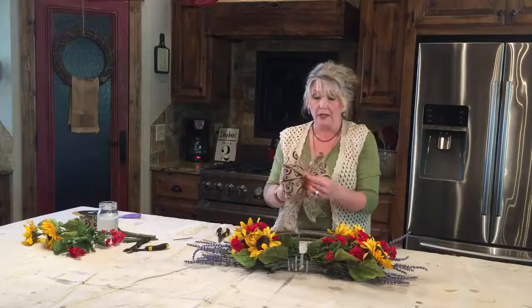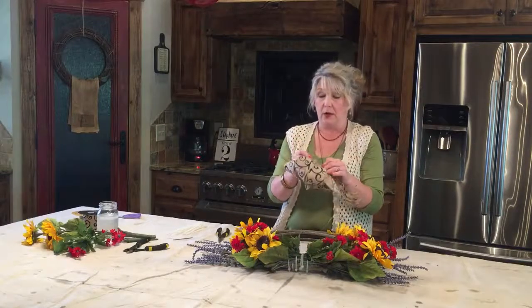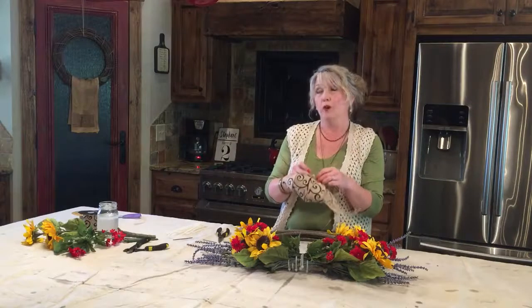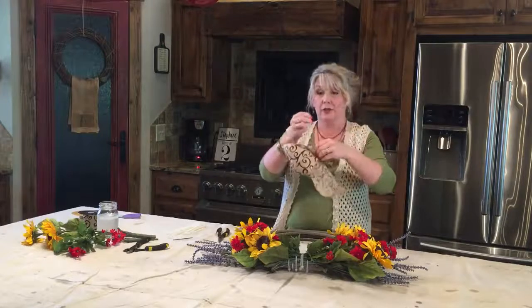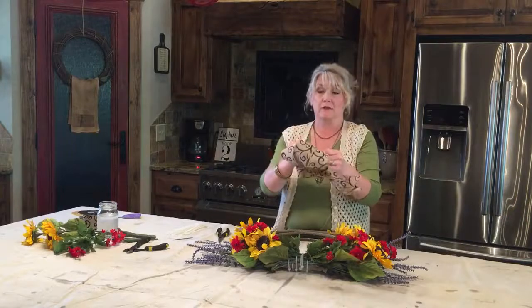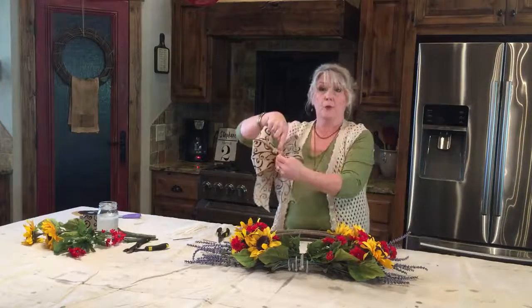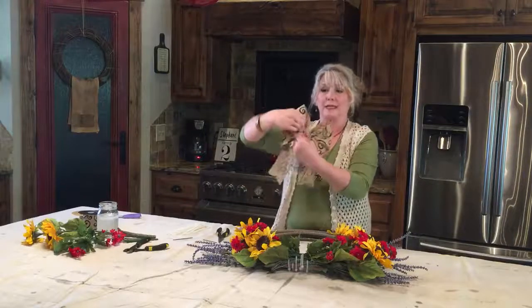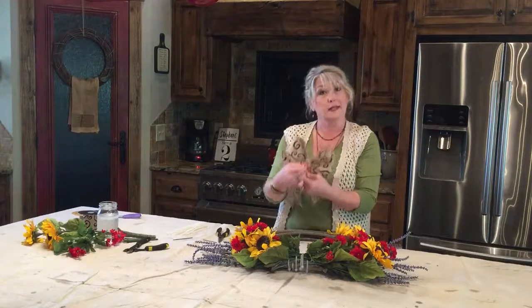So now all we're going to do is go to the center where we've zip tied everything and attach our bow. And I'm going to give you guys a tip on that as well. If you make your own bow or you buy a store-bought one and it doesn't have wire attached to it with the 2 wire pieces like I've got here, just run a piece of florist wire or some sort of small gauge wire through the back side of the bow, because attaching your bow is so much easier if you've got this wire, because now we're just going to wire it on and it's going to stay on